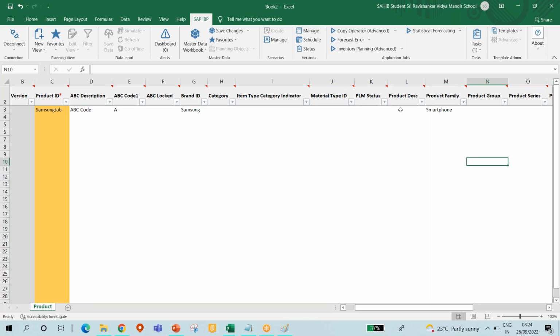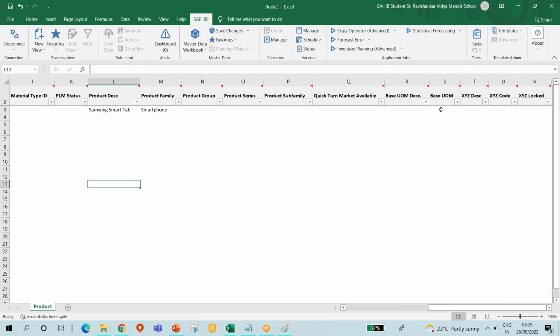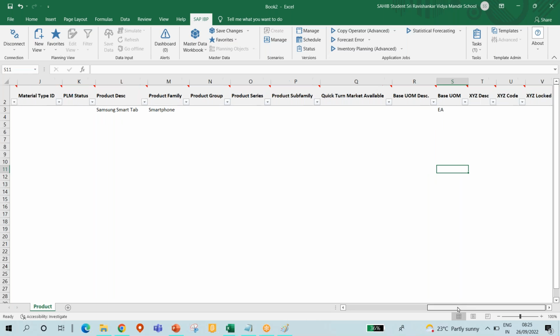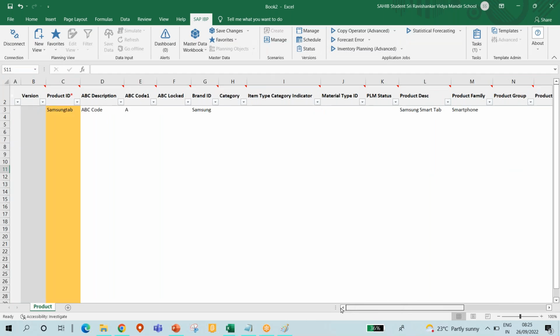Product description, I can give this as a... all these are nothing but the attributes. What is the base unit of measure? Let me give it as piece, or it can be each. So this smartphone cannot be in liters, right? If there is a product which is a liquid product, then we can have a different base unit of measure. So now if I try to save it,